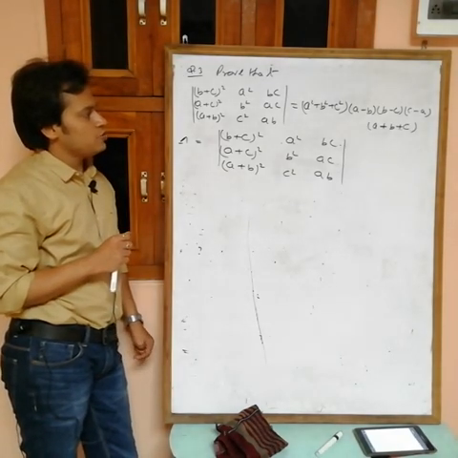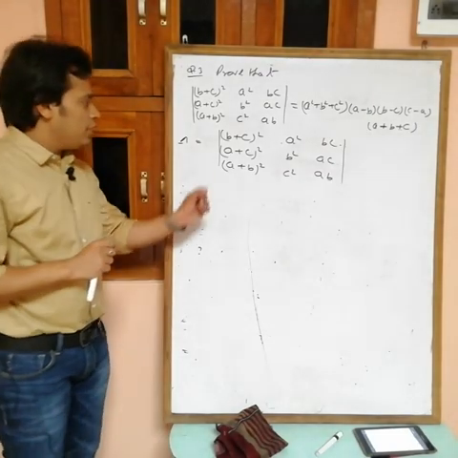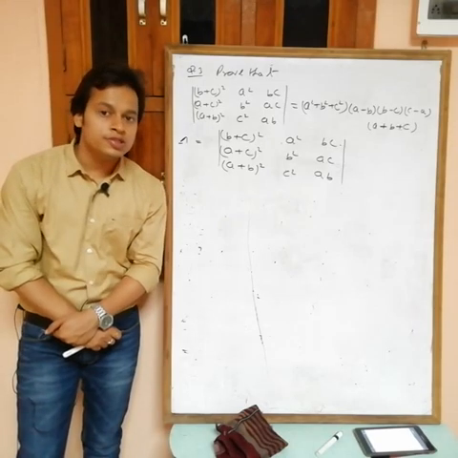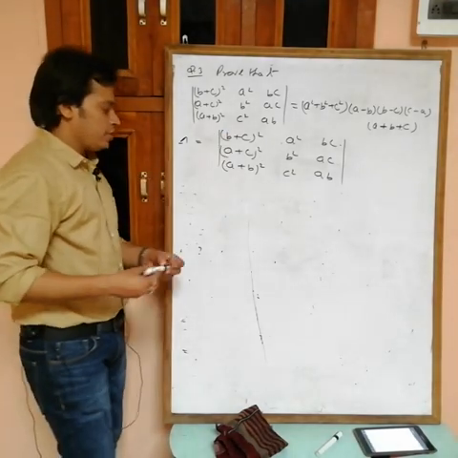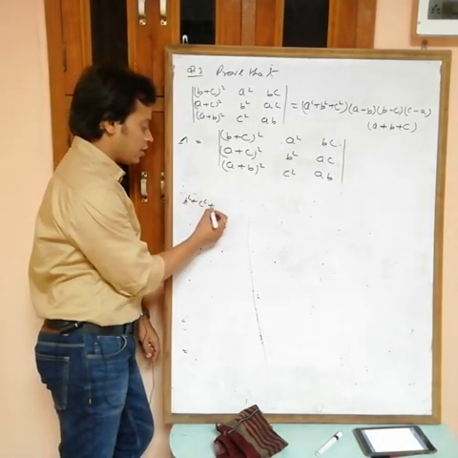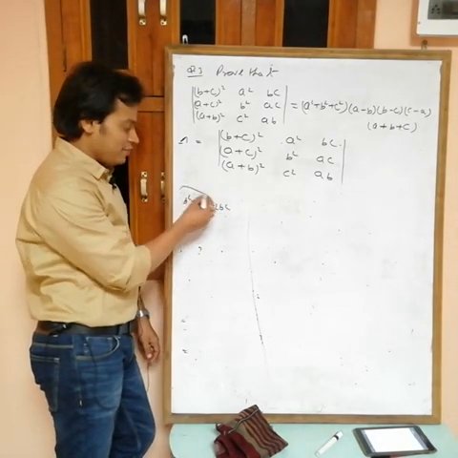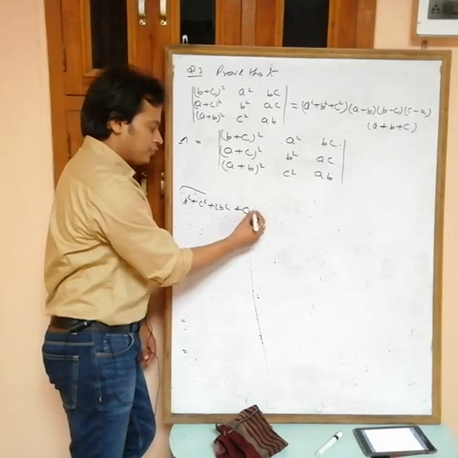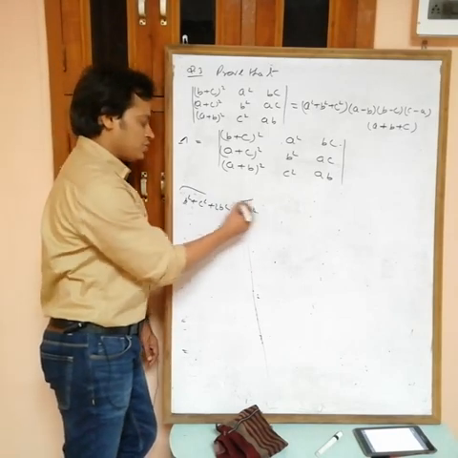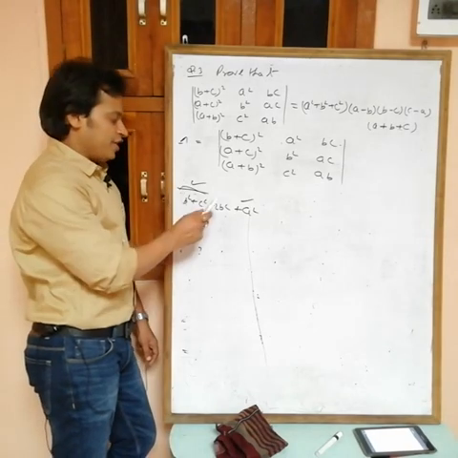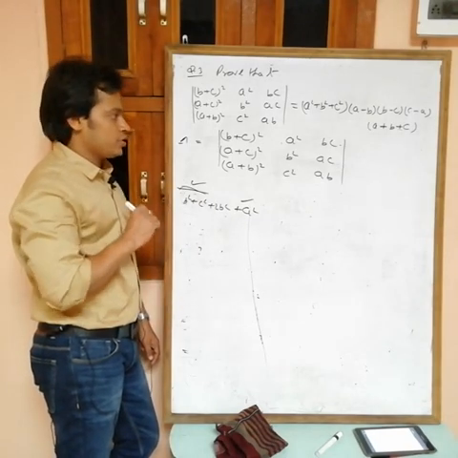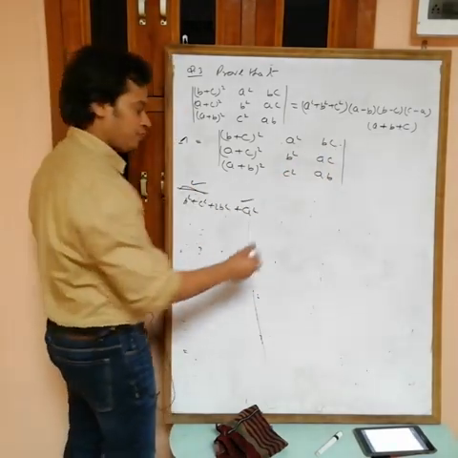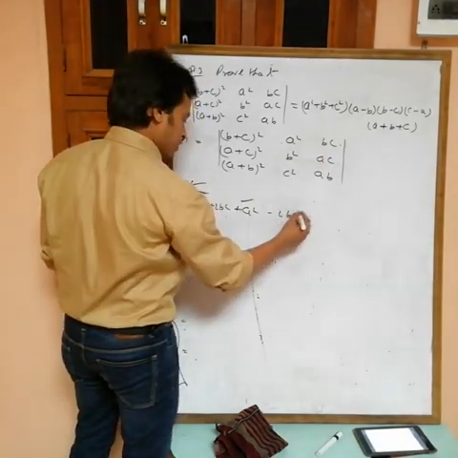So how to get a square plus b square plus c square? One minute. If you expand this one, what will you get? b square plus c square plus 2bc. Here we are getting b square plus c square, but what do we want? We want a square plus b square plus c square. If you add a square to this one, then we get a square plus b square plus c square, but we are getting 2bc extra. So how to reduce this 2bc? Subtract this one by multiplying with 2, minus 2 of bc. Then this will be cancelled out.